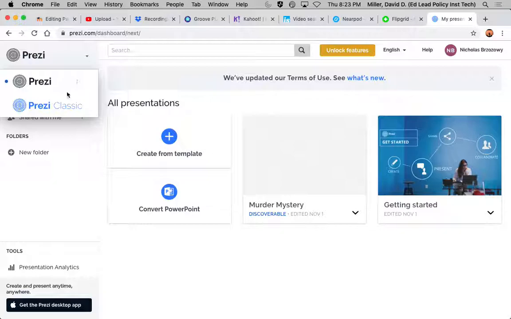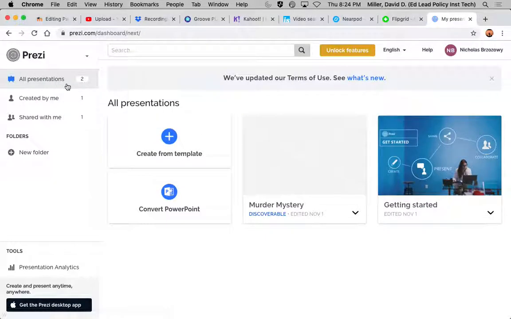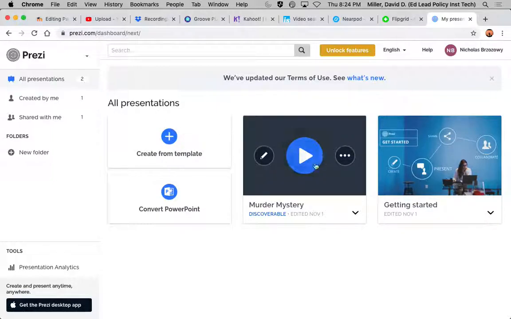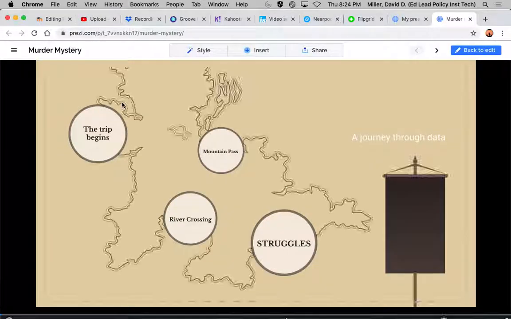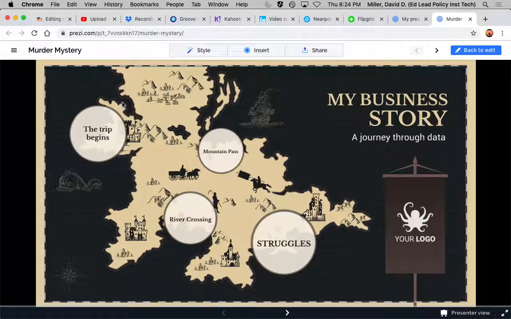If you go to Prezi next, which is in the black, I guess. If you go to the murder mystery one, we started this kind of as, I don't want to say a joke, but we started doing web quests, and the old Prezi was just like fancy PowerPoint. But if you go to Prezi Next, you can actually make the kids go on a journey, right?